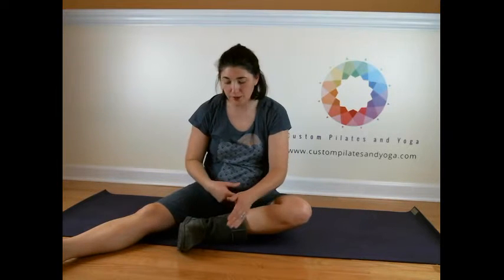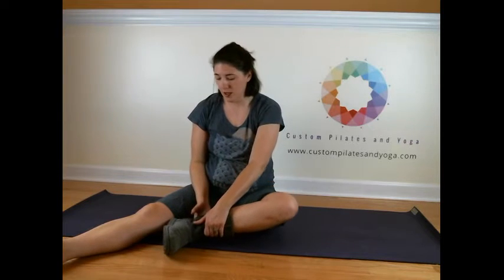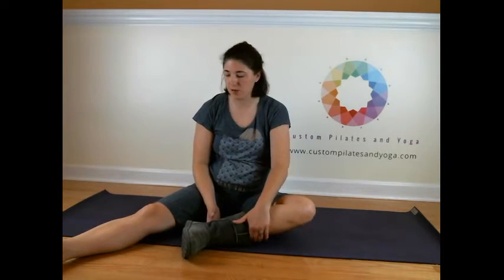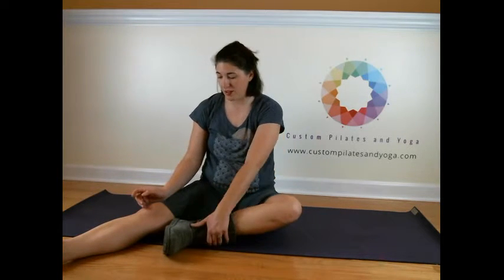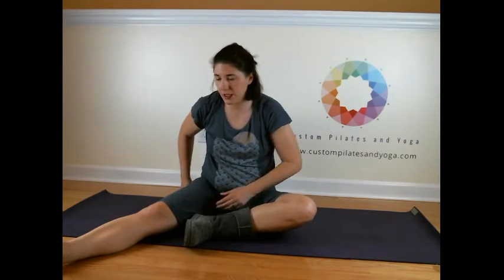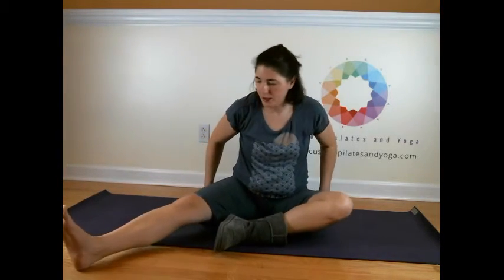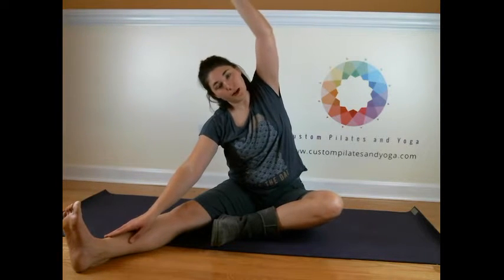Now let's be appreciative that probably the sole of your foot is not going to come against your thigh. Depending on how your boot is situated, it might be kind of cumbersome. So just aim on bringing the heel of that boot in toward the thigh area. Take a moment, rotate this leg, ground down through the sits bone, pelvis faces forward, inhale the arm up, exhale,